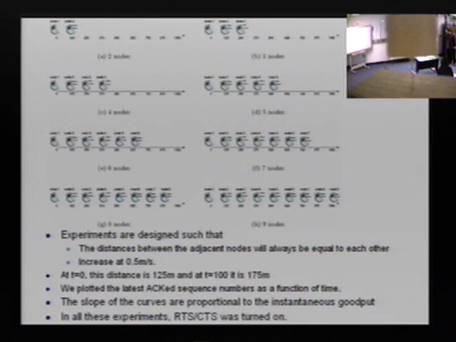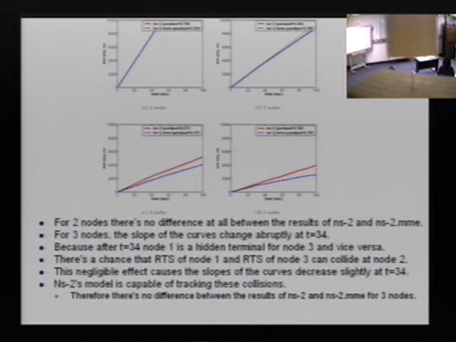And in all these experiments, RTS CTS was turned on. So we are trying to show that even if RTS CTS is on, there is a difference between NS2 and NS2 MMU. We plotted the latest sequence numbers. For 2 nodes, there is no difference between NS2 and NS2 MMU, which is expected, because there can't be any collision. For 3 nodes, there is again no difference. However, it's not really visible here, I guess, but the slope of the curve changes slightly at 34,